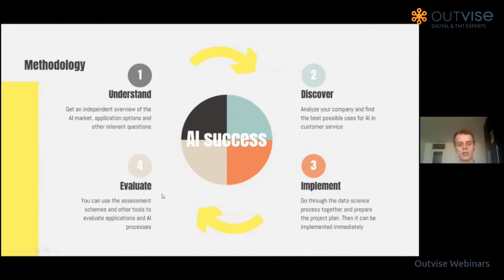And then in the last stage, the evaluation stage, you have a look at the KPIs that you have defined in the beginning, and you see how they changed, if they improved or not. What is the business case that you have been able to realize from your AI project, and what do you want to do next? Keep that in mind. This kind of flywheel is the basis of the presentation. So understand, discover, implement, and evaluate is the cycle, the methodology cycle that leads you to success in your AI implementation.